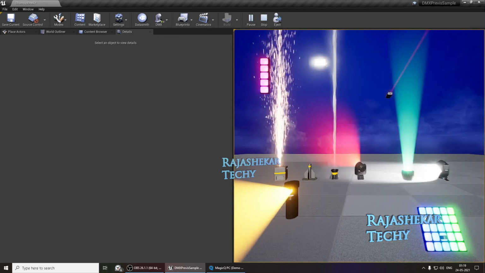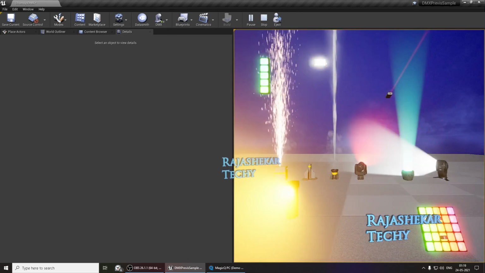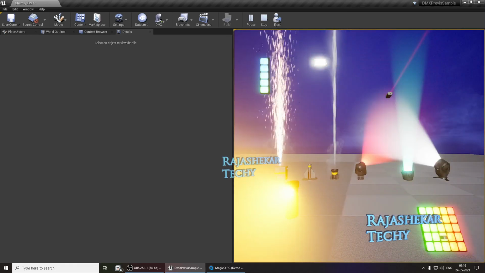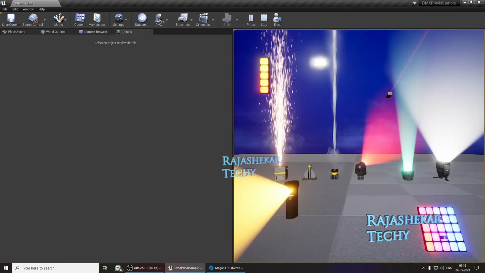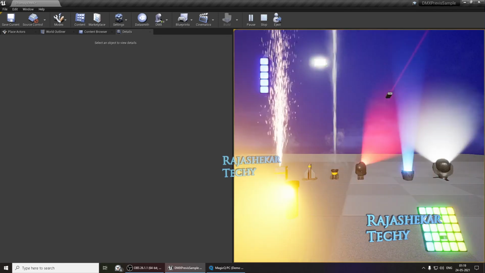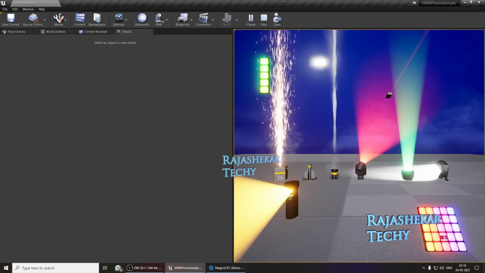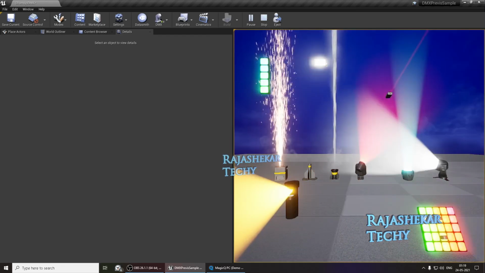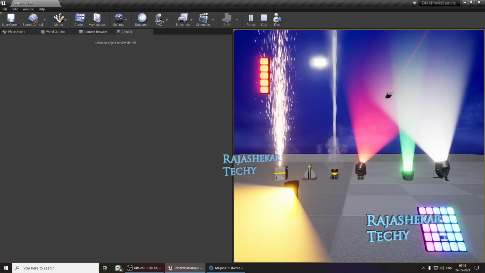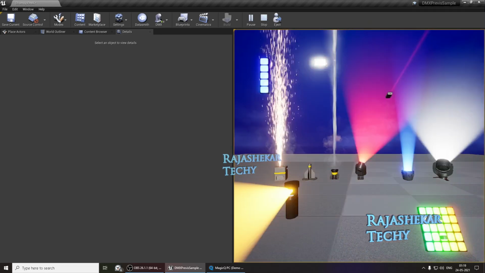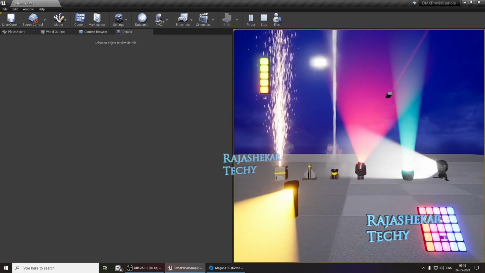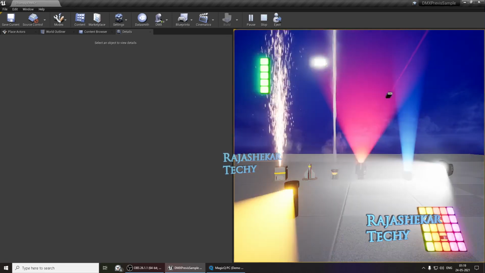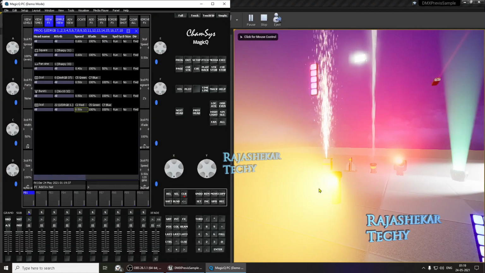Okay, that's pretty much about animating, adding effects to all the lights. So we have successfully patched the lights in ChamSys. Yeah, we have added animation, and I'll be giving you one more short tip as to how to add a cue. There's something called cue wherein you can add a layer of animation to ChamSys. Let's see that next. I'm just going to give you an example for just one light. You can apply the same to every other light. Okay, so let's look into that one right now.